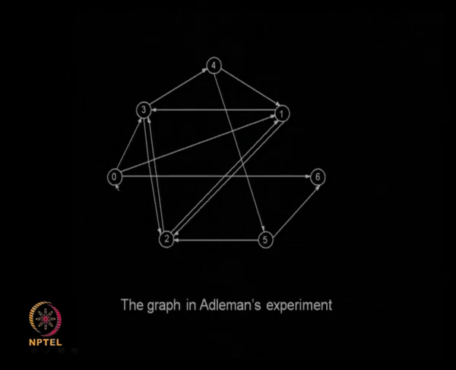In a naive manner, to find out whether there is a Hamiltonian path from 0 to 6, you arrange the vertices 0 to 6 in order. First one should be 0 and last 6, and in between the 5 vertices you can have any permutation. So, there will be 5 factorial permutations, and for each one of these permutations you can check whether it constitutes a directed path from 0 to 6. This is an exhaustive search and it cannot be done in polynomial time.